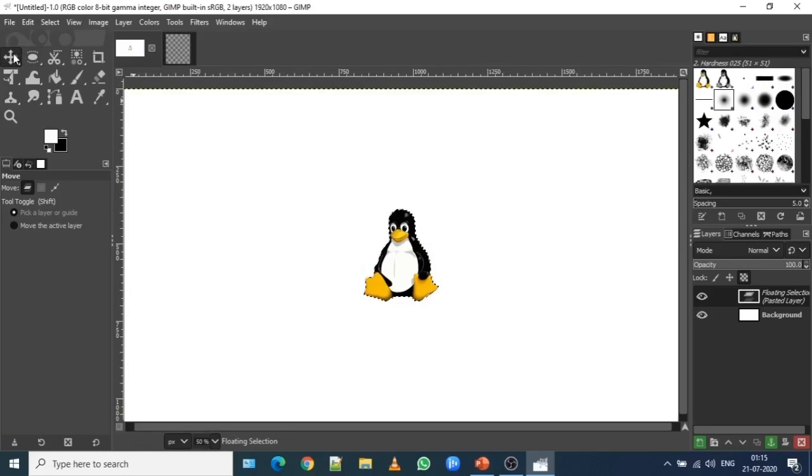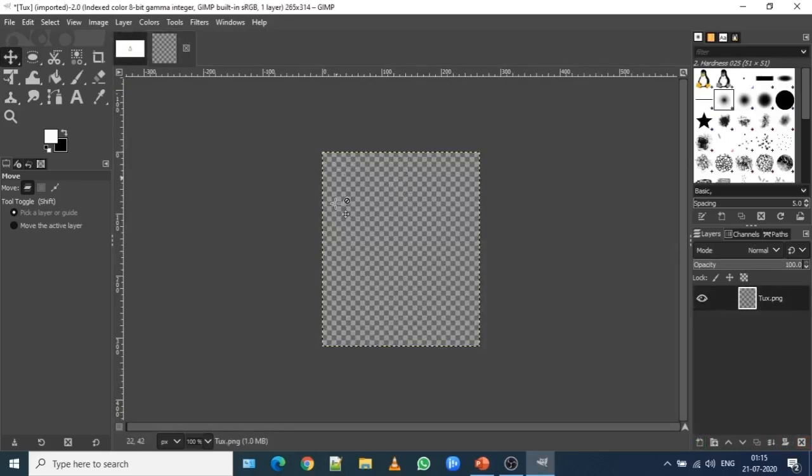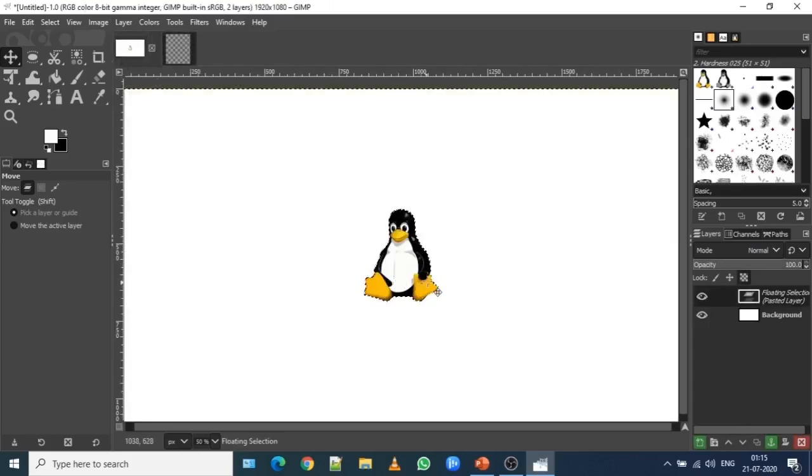Now when you did this, the image from the existing file has been moved to the new file. Now you can see that this tux is over here and its background is white in color. On the right hand side also you will find there are two layers created.